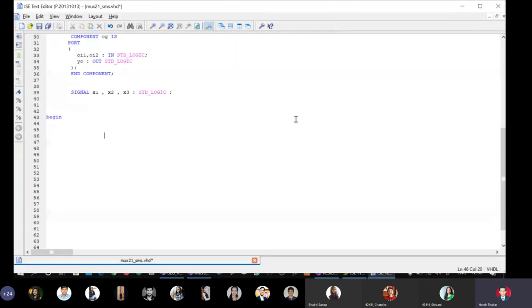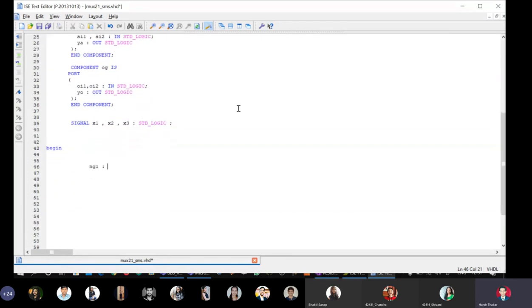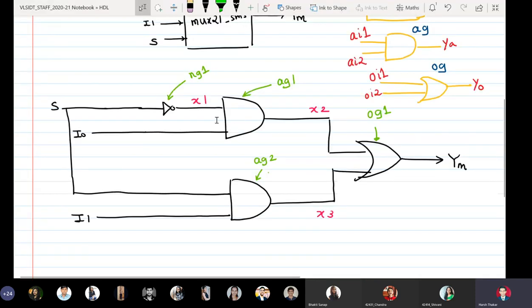So NG1. As I told you, instance name space colon space component. So what is the component name for NOT gate? It is NG. So instance name space colon space NG, then port, then map. And now we again go here and we see that the input to the NOT gate is the input signal S and output is X1.